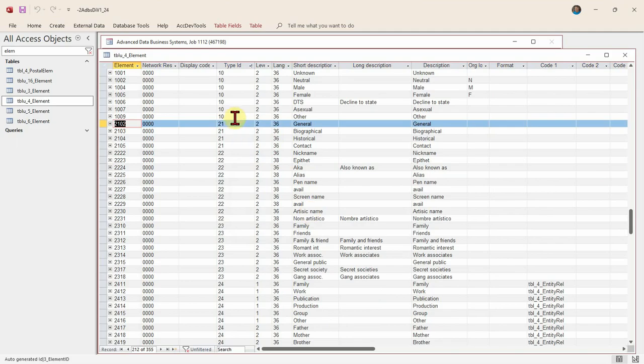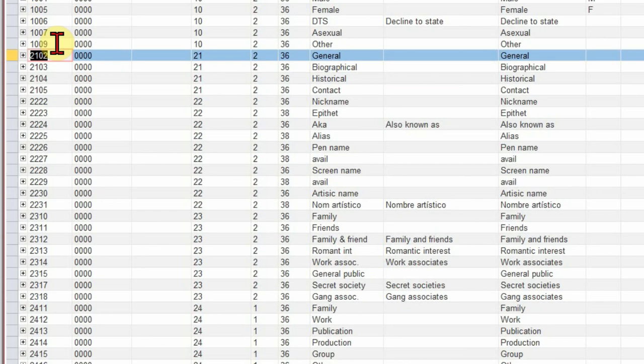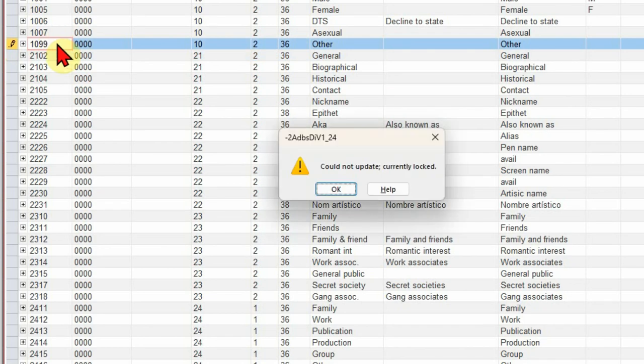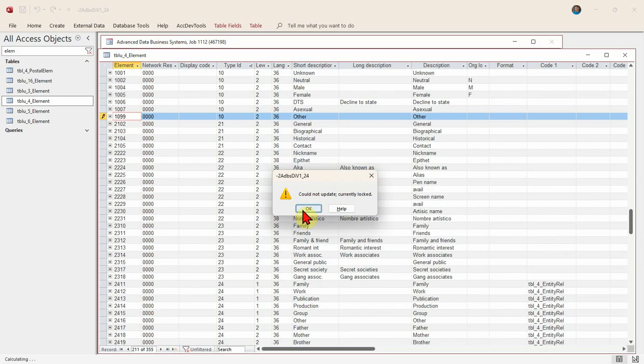Right, so now we go from 10, which starts with 10. It's one of the nice features in the ADS. You can rename the ID for a record, but unfortunately, Access seems to have a problem with cascading relationships. And I'm not quite sure yet why this message keeps popping up, but there doesn't seem to be any way to get around it. It seems that the record is currently locked, but there's nothing that should be locking it,